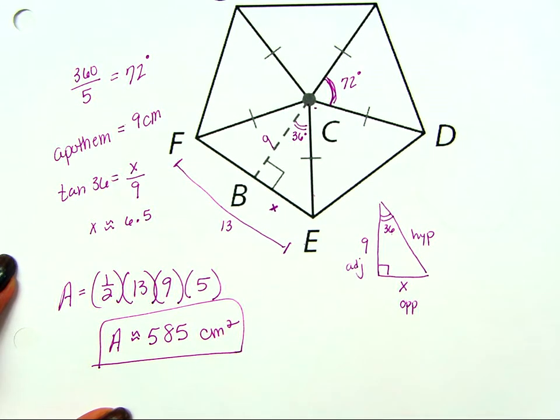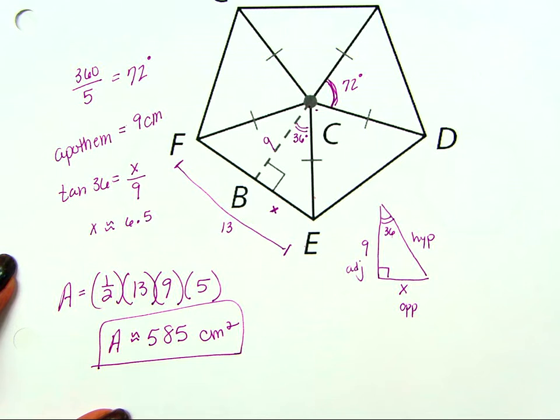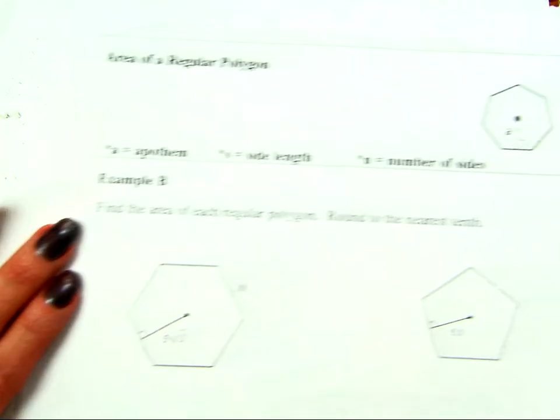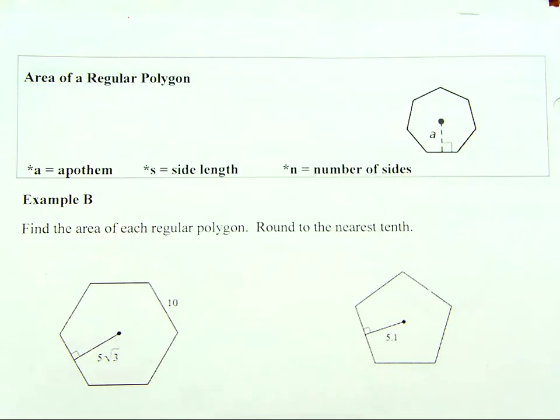We're actually going to use this same strategy for all of our regular polygons, whether it be an octagon, a hexagon, a heptagon. We're going to divide it into triangles and find the area of one triangle multiplied by the number there are. So as you turn your paper over, at the top I have what I call the formula box,